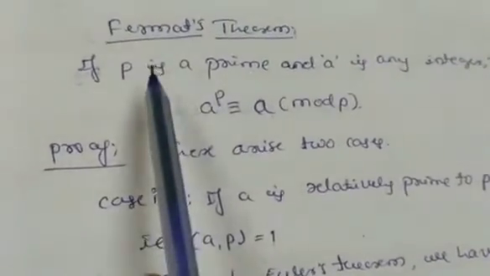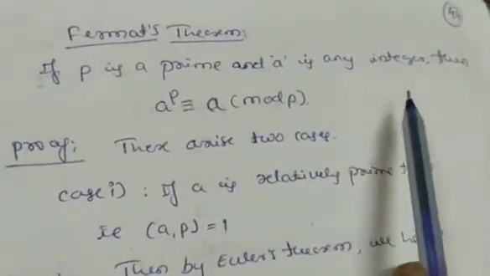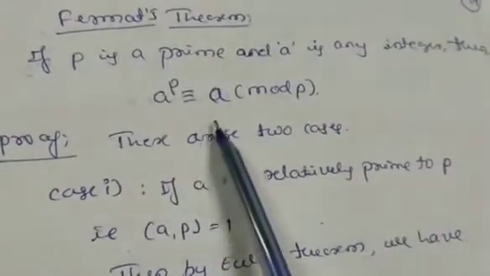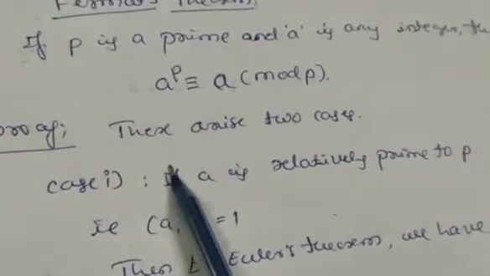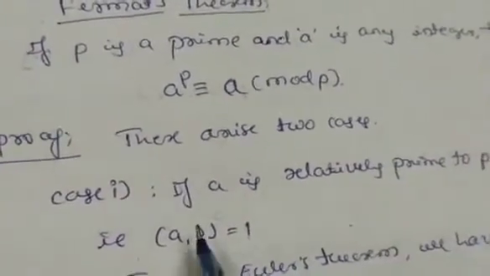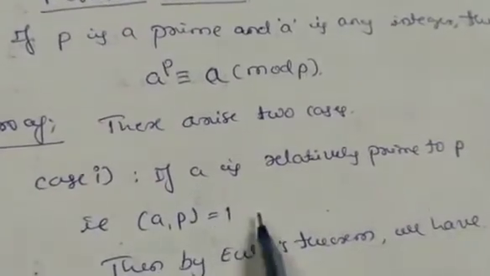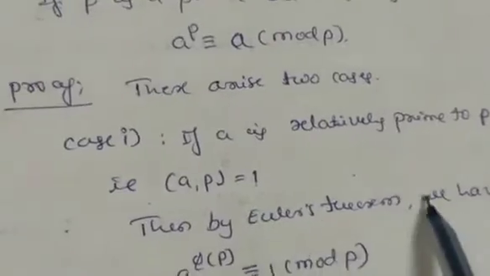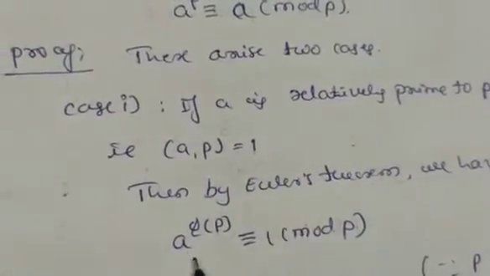Last, let us take one more theorem, Fermat's theorem. If p is a prime and a is any integer, then a to the power of p is congruent to a mod p. So take the proof. There arise two cases. Case 1: if a is relatively prime to p, meaning GCD of a and p is equal to 1. Then by Euler's theorem, which we have just proved, if GCD of a and n is 1, then a to the power of phi of n